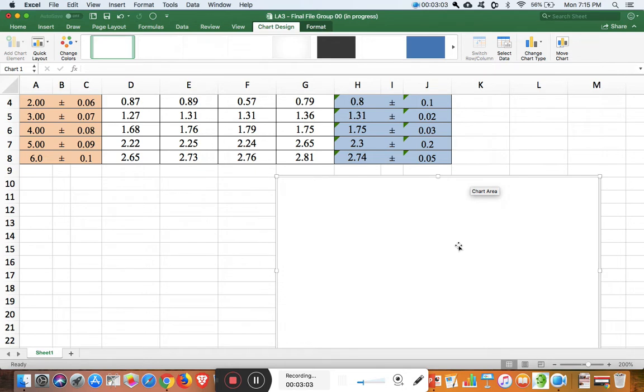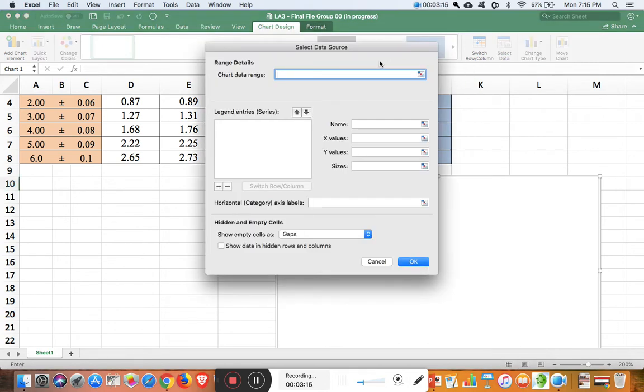Now I need to select the data I want to plot. So click on the graph. I'm then going to go to the tab that is called Chart Design, and I'm going to select data. Okay, and there, of course, that could be a little bit different on your system. I'm using Mac here, so the windows are not exactly set up the same way, but you should find your way. It's essentially the same instructions, just presented differently. So here I'm going to add a series. So I'm going to click the plus sign,